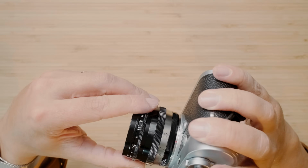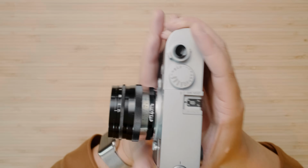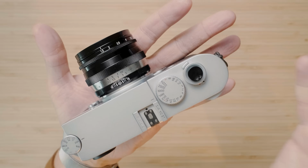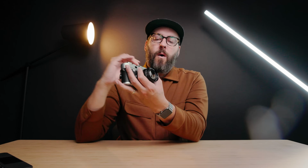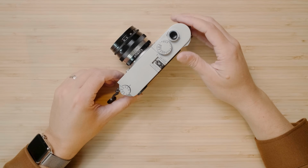So again, in terms of build quality, look, feel, all that stuff, I think this lens is phenomenal. While I would say this is a lens that reminds me of something like a Noctilux. So maybe the play here would be that